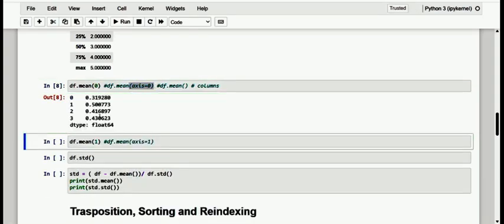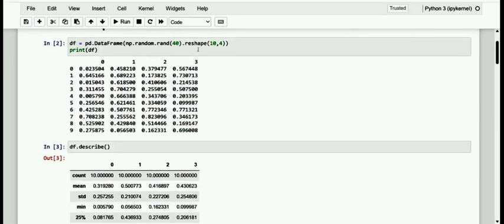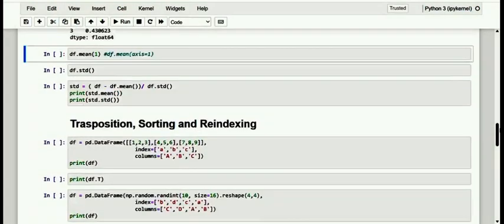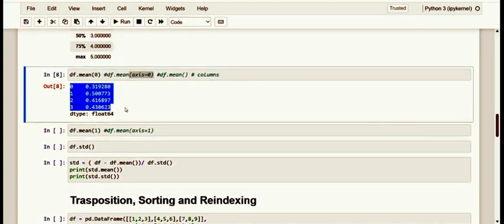So DF1, I just want to show what is in the DF, so let me scroll above. This is the DF, and of course we have 0, 1, 2, 3, so totally 4 columns. And we are getting the mean of each column.